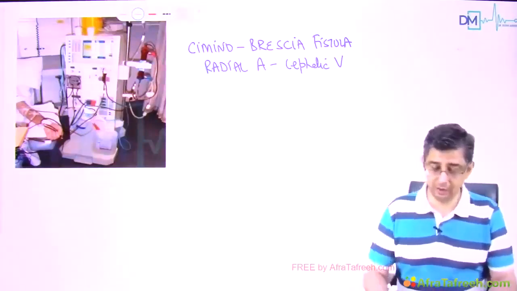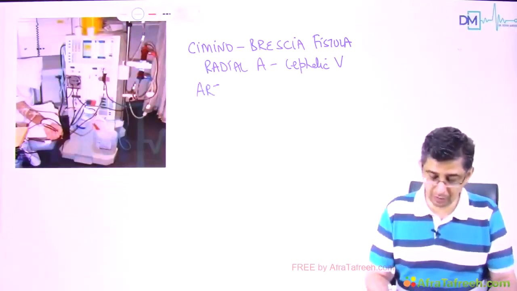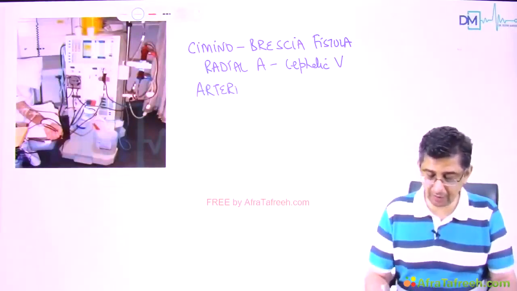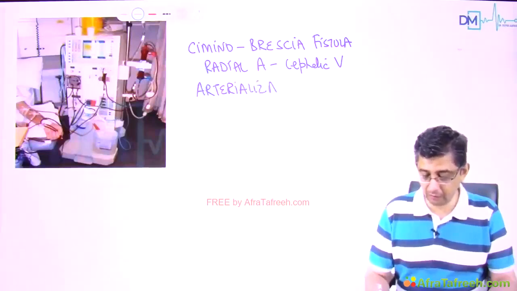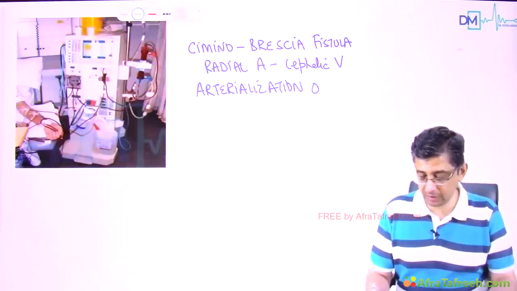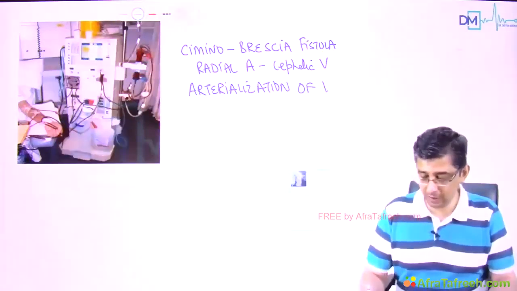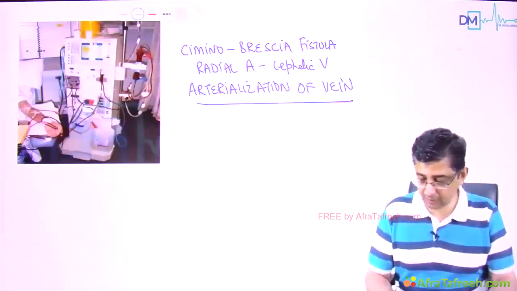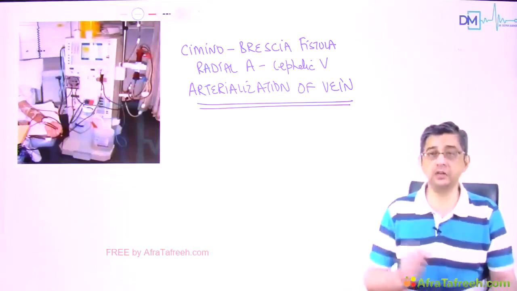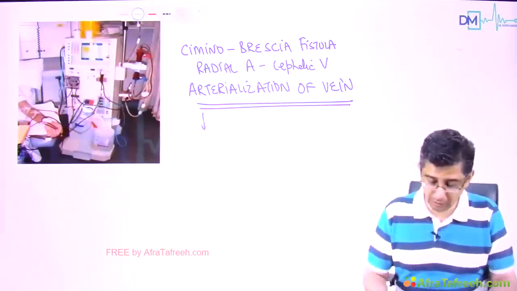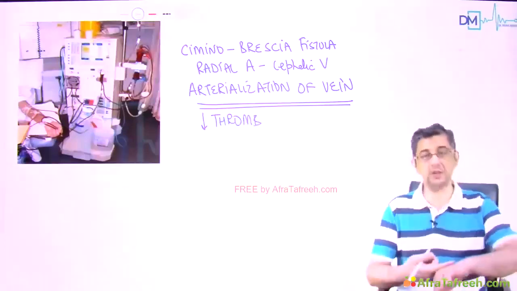in a sense that the principle behind the connection of the two is that there will be a change in the internal lining of the vein and there will be an arterialization of the vein. Now, why do I want to achieve arterialization of the vein of the patient is because there is a change in the internal lining of the vein. This is going to reduce the chances of thrombophlebitis per se, because every time you cannulate a vein, there is